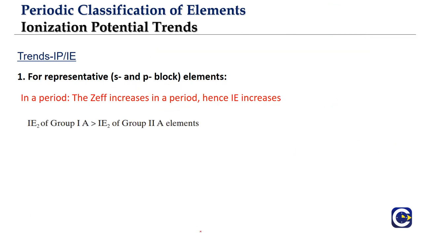Now another interesting thing that we will discuss again when we go to the s block chapter. What we need to keep in mind is that the periodic classification of elements is like an amalgamation of all the groups. In inorganic chemistry we have s block, p block, d and f block. If you look at all of them in one bucket and study the properties, that is what we have in the periodic classification of elements, except the chemical properties, because chemical properties we will see only when we go to the respective groups.